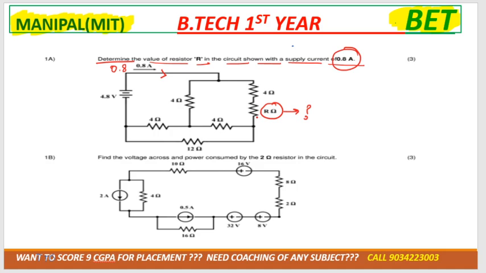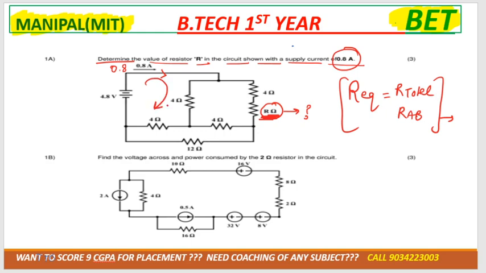It's not every time necessary that whenever they ask you the resistance you have to use star delta. No, you can directly apply mesh analysis also. If they ask you the R equivalent or R total or R AB, then in that case we can use star and delta. But if a resistor is given in the middle and we need to calculate that resistor, then in that case we can't use star and delta. Okay, understood this point? So now we can do this question by using mesh analysis.